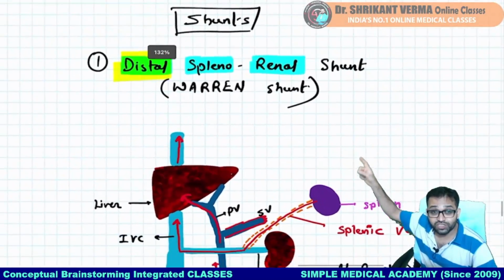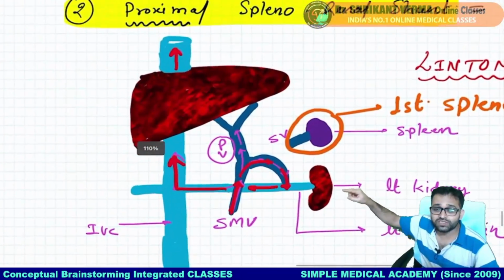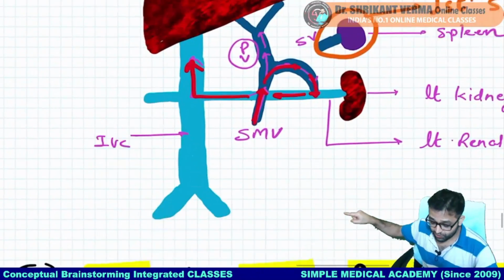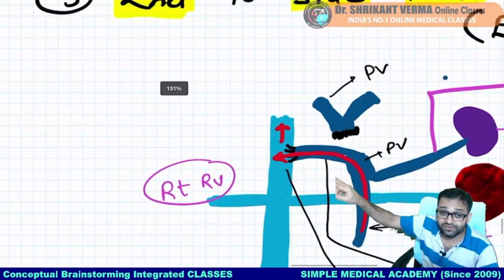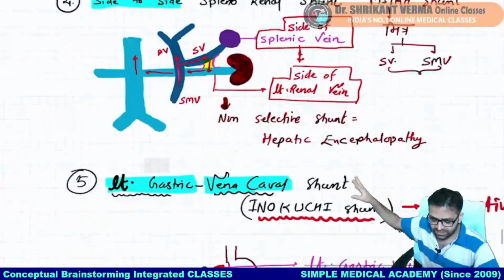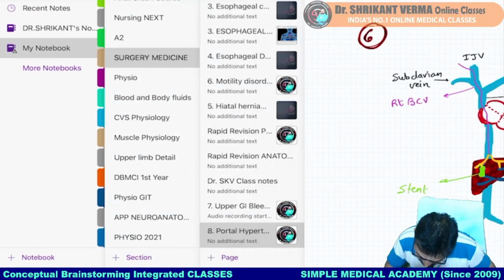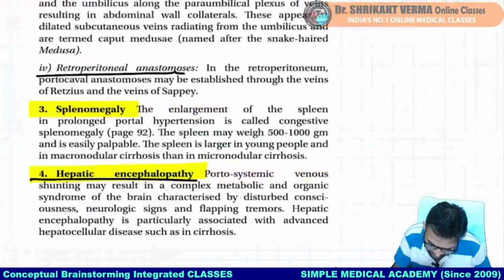We will see the Warren shunt, distal splenorenal shunt, अभी आपको समझ में नहीं आएगी, इसके लिए अलग से डिस्क्रिप्शन चाहिए कि हम कौन कौन सी सर्जरी करेंगे। स्प्लेनिक वेन को कट करके हम कैसे रीनल वेन से जोड़ेंगे और पोर्टल वेन के प्रेशर को कम करेंगे, हम सीधे पोर्टल वेन को कट करेंगे और ब्लड को सीधे इंफीरियर वेना केवा में ड्रेन करेंगे। तो ऐसे कई सारे हम सर्जरी के स्टेप्स देखेंगे, फाइन। So right now what I want to tell you a little information about the